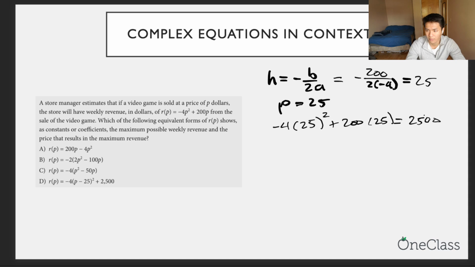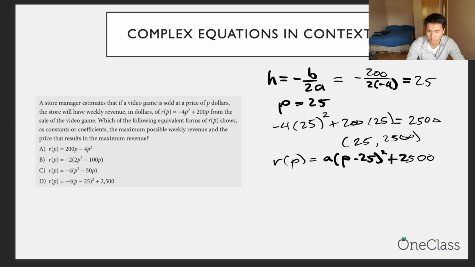And so in that sense, we should be left with our point, 25, comma, 2,500. And then if we put this into vertex form, we would expect it to look something like this. R(p) equal to a times (p minus 25) squared plus 2500. And that's a vertex form of our equation where we don't know what a is, but we're not asked to